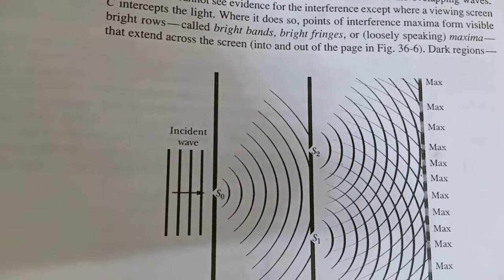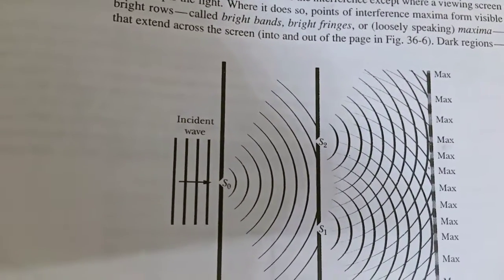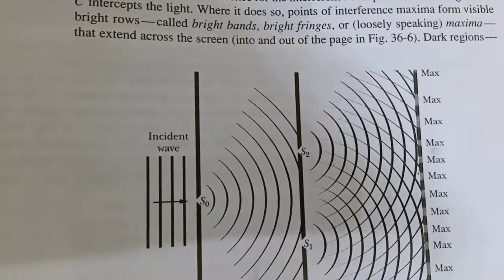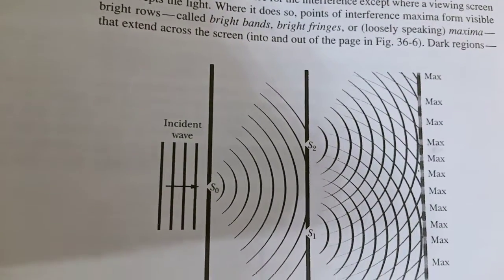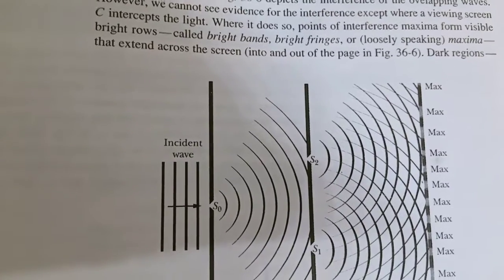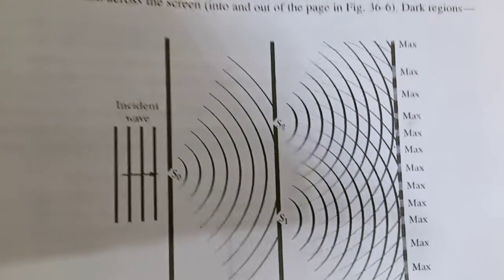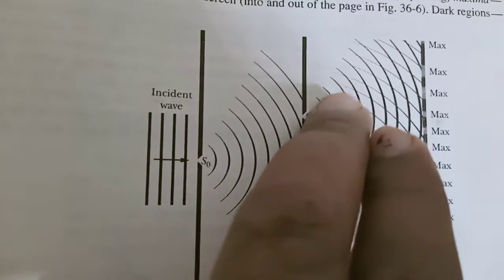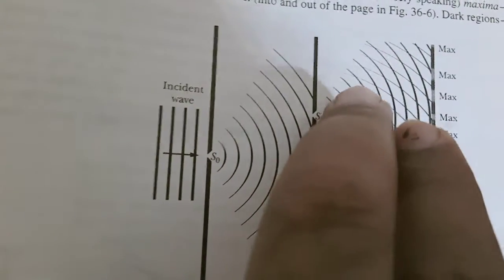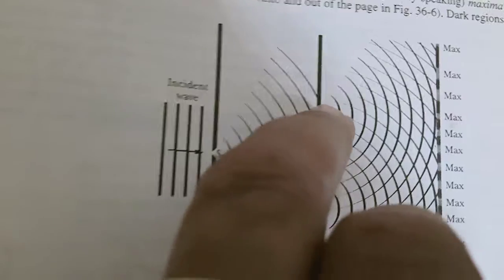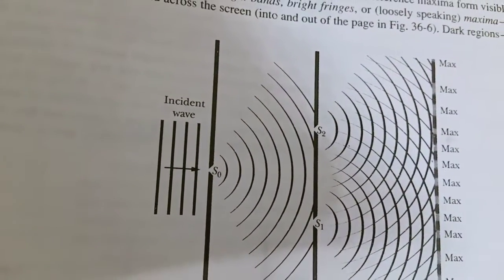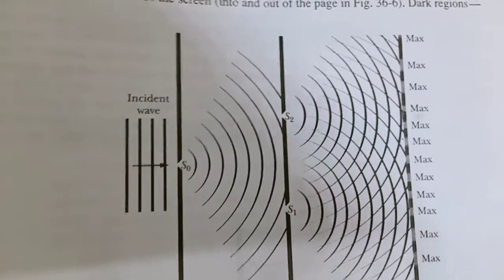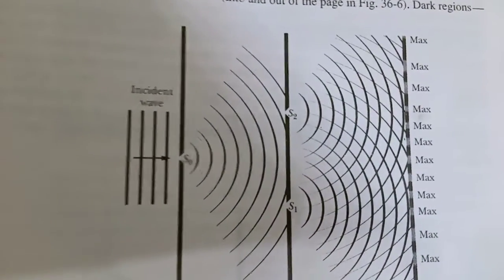Now light waves traveling from the slits S1 and S2 will overlap and undergo interference, producing a pattern of maximum and minimum light, which will be viewed on the screen. This is the basic idea. Now if we join the intersections of the dark and dark lines, you will get the maximum light. I have told you in our previous class, so I am not going into detail here about the interference pattern.